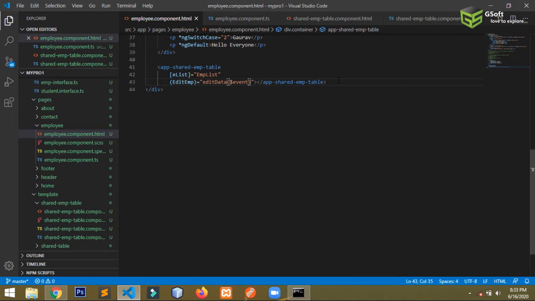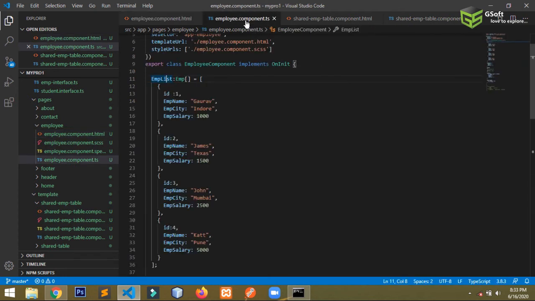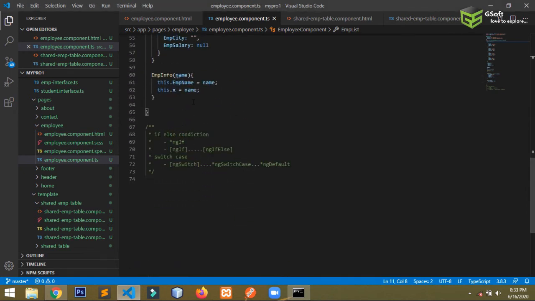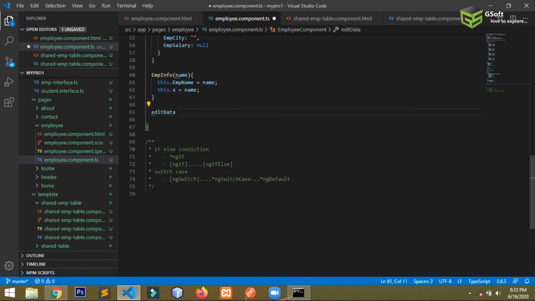Okay, now what I will do, I will create a function here, and inside this you can see data is coming.